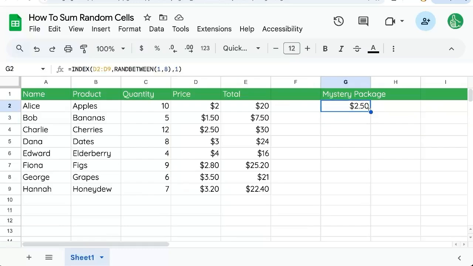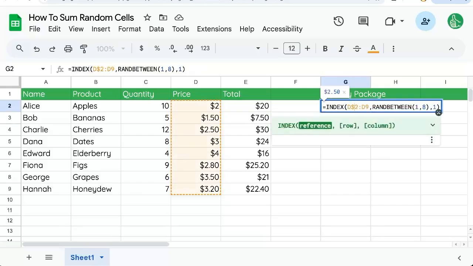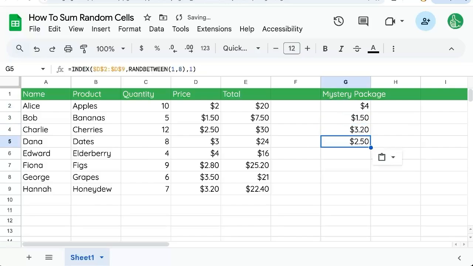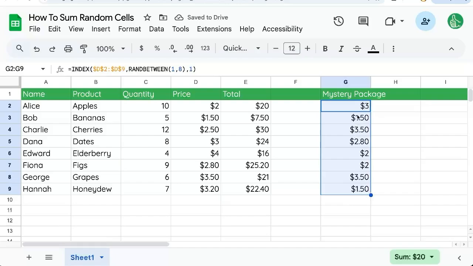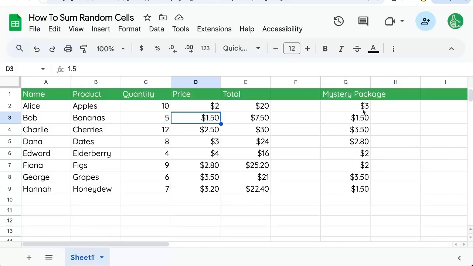So if we want to just initially get a random one, we can say, let's select the D2 to D9 and keep it. So like put those dollar signs there so it won't change. And if I copy paste this, you'll see them all changing. But now we have random ones. Each one is random. So we got $3.50 here. That's this one, $3.50. That's also this one, $1.50. This one, right? So this is a funny way, but an interesting way to actually sum random cells because now